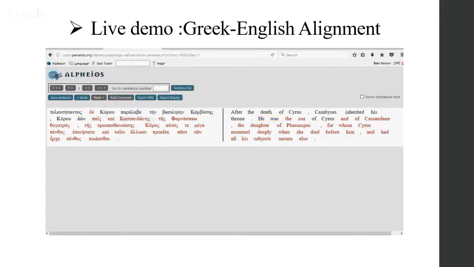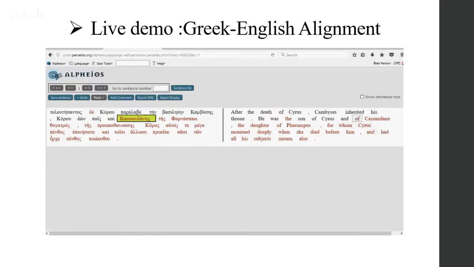And if you want two words, it's easy. Just click on the Greek, and then you click on the two words which correspond to that. For example, Kasandanes, it's 1 to 2 in the English. So Kasandanes, you click on it, and then you click on of Kasandane.